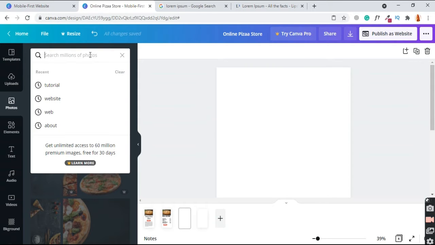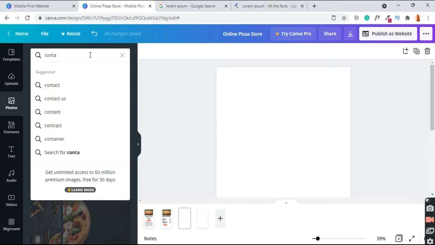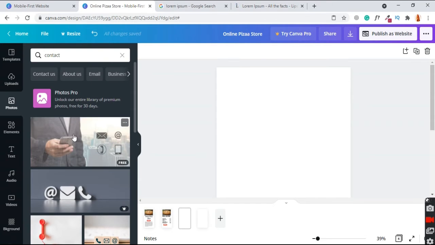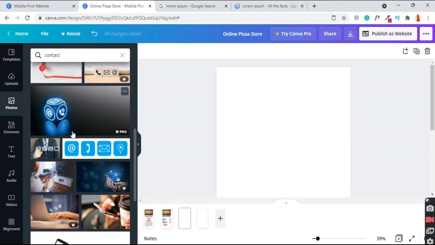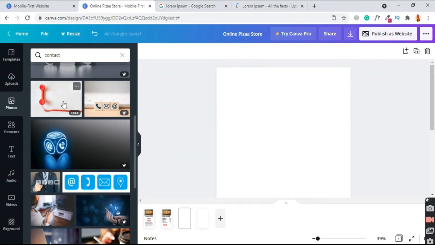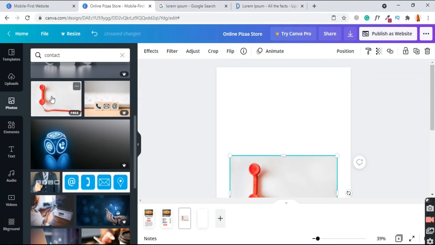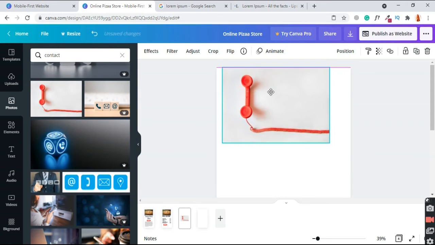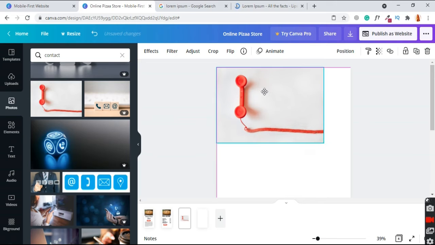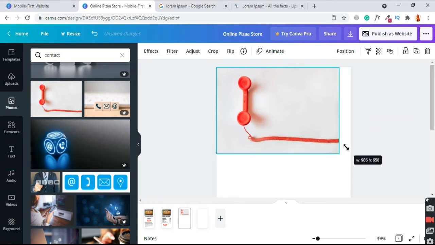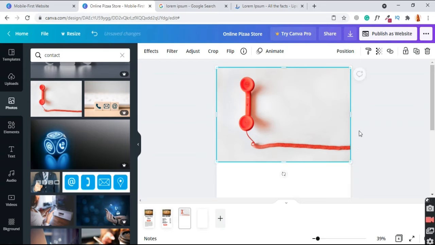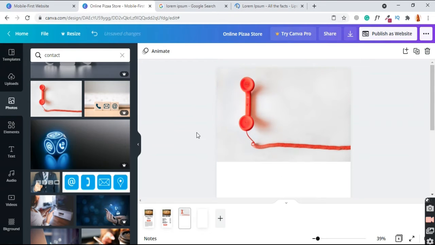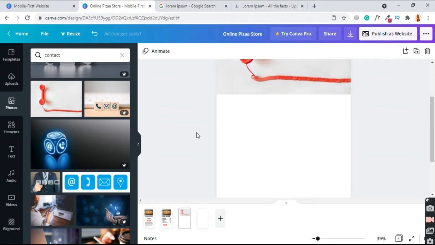Okay, no option available, so let's try contact. Great, great. Okay, so I think this is nice. Yeah, so just fit and set the alignment of this image. Yes, great, good.